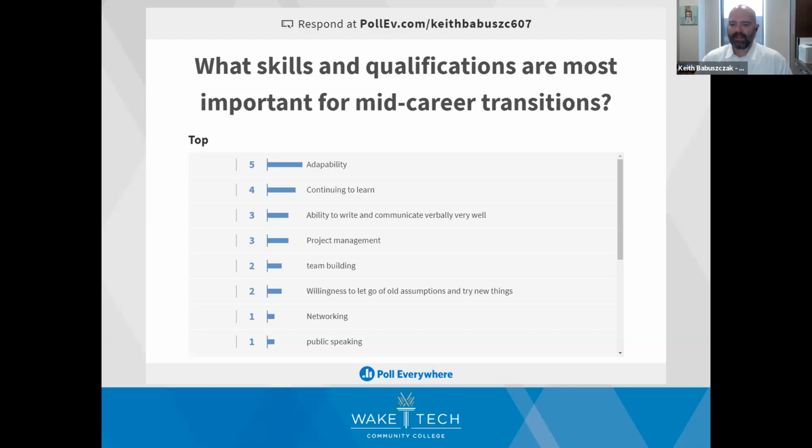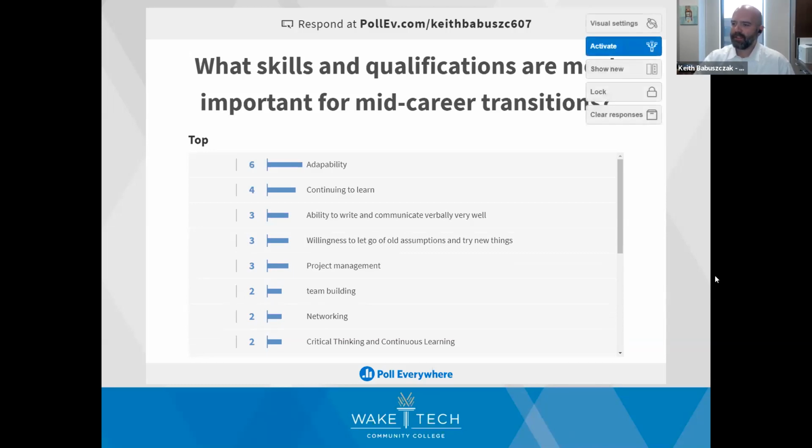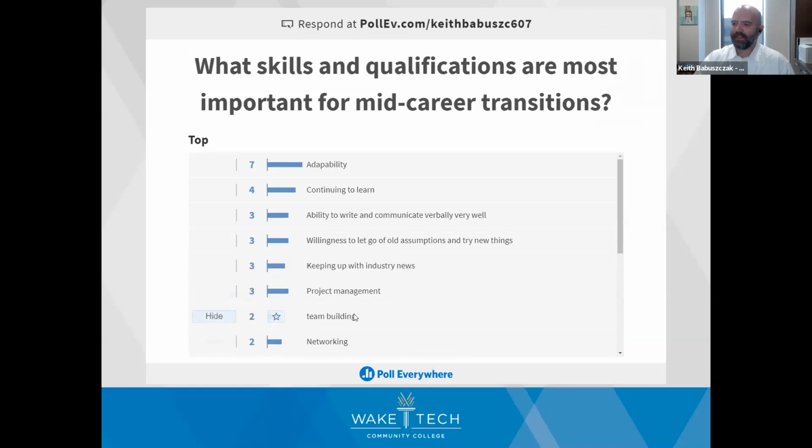Another thing with our business analytics program is over half of the students in the program already have a bachelor's degree. So again, we're preparing students for additional careers. So these mid-career transitions, this resounds definitely. Continuing to learn more communication, project management, and team building. That's huge. We hear that a lot about the requirements for having students being able to work in teams, developing a literacy in